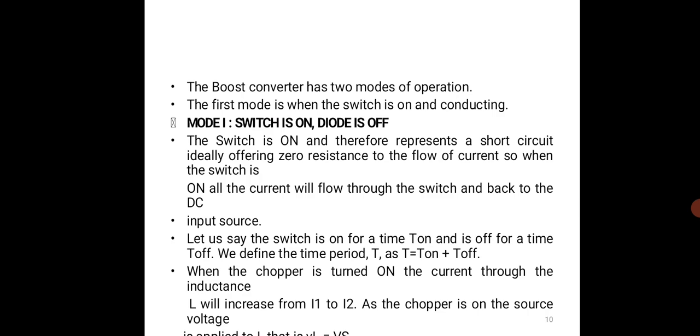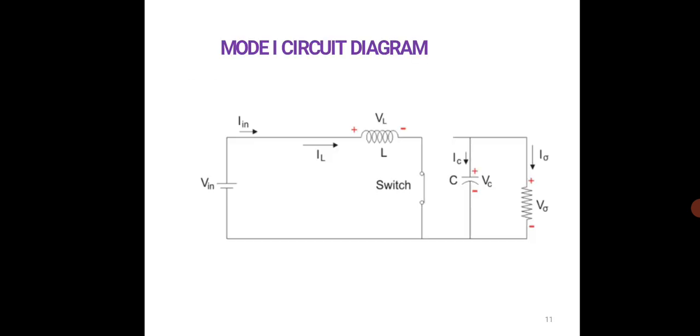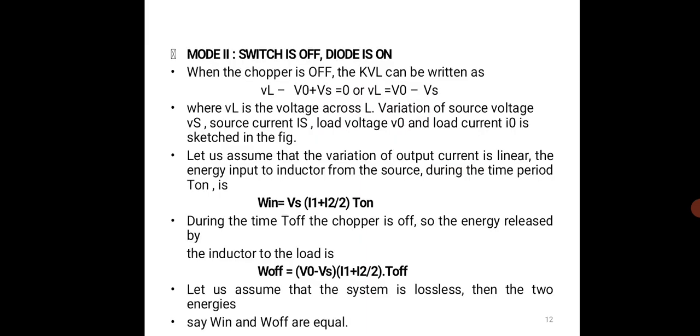When the chopper is turned on, the current through the inductance L will increase from I1 to I2. As the chopper is on, the source voltage is applied. So this one shows you the mode 1 circuit diagram. So here we have the inductor current flow, you can see, and mode 2, here the switch is off, diode